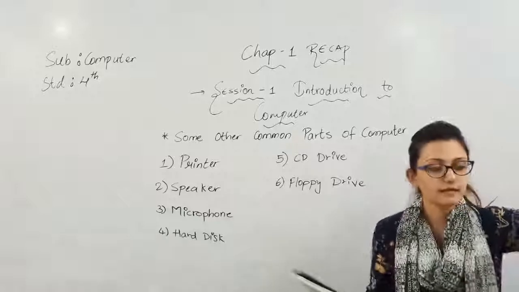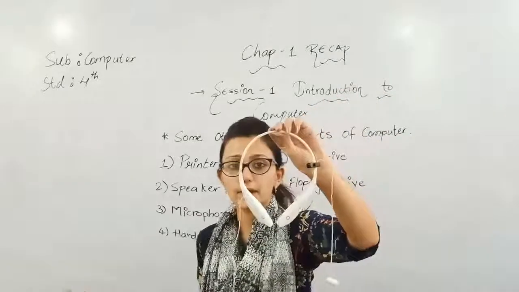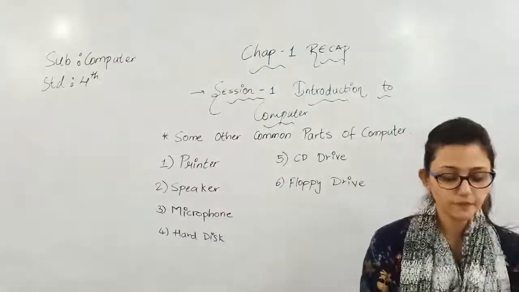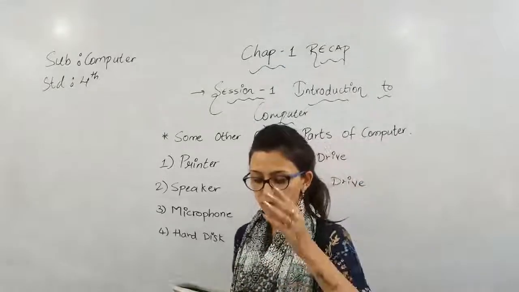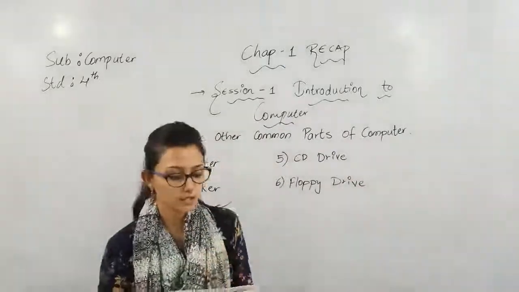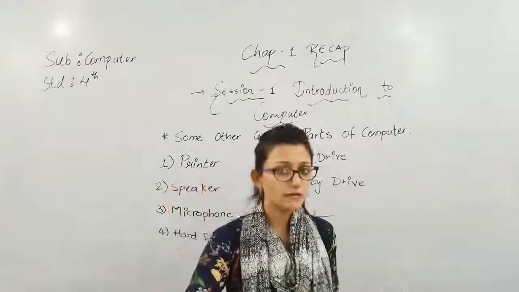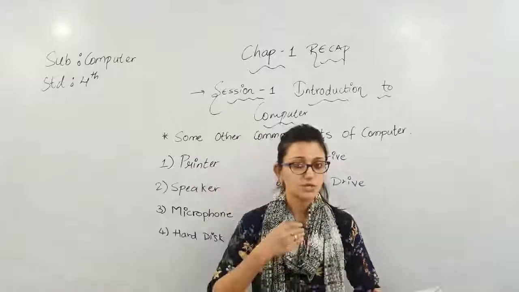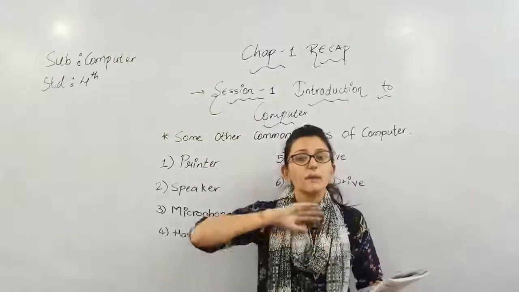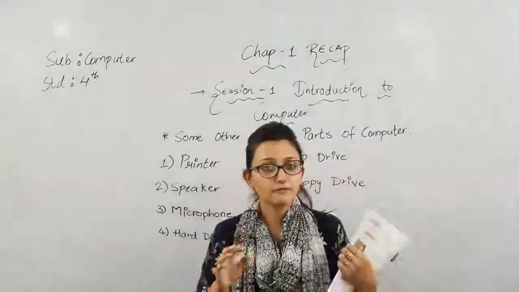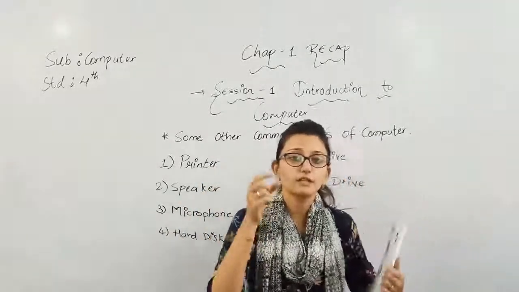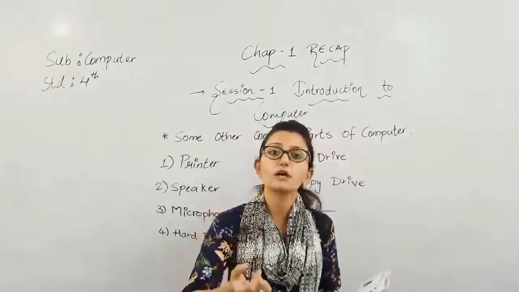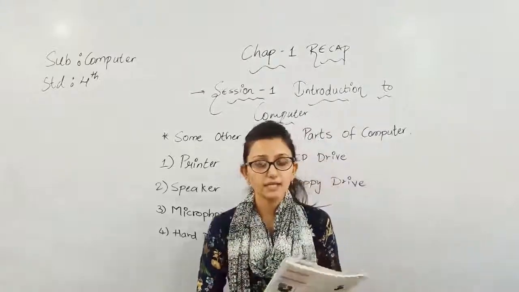Next one is the microphone. The microphone looks like this. This is known as a microphone. A microphone is used to record voice or sound, generally as a wave file. Just now I am speaking, so I am uttering it directly. But if I have kept a microphone, then with the help of the mic, I can deliver my voice very well and very minutely.